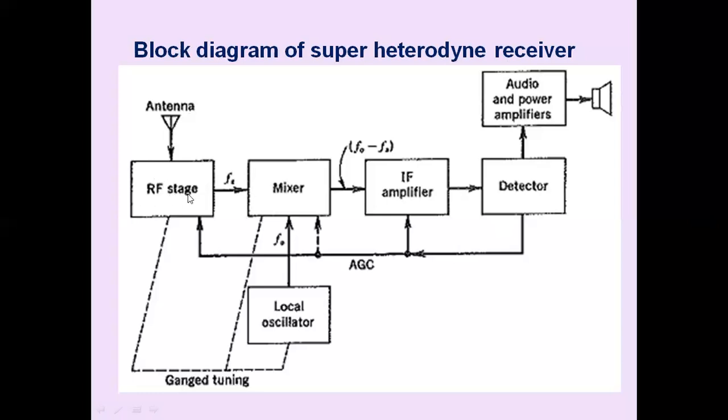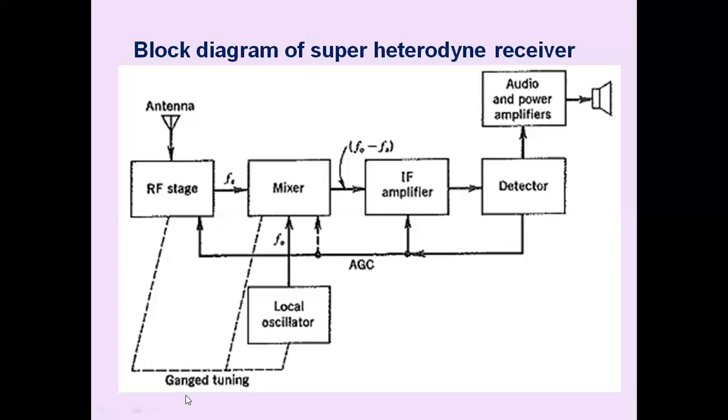So what is an RF amplifier? This is generally a voltage amplifier tuned to the desired frequency. The functions of the RF amplifier are to amplify the incoming signal that is induced into the input of the RF amplifier through the antenna, to reject interference such as image frequency, and to reduce the noise figure of the receiver, to provide a better signal to noise ratio.